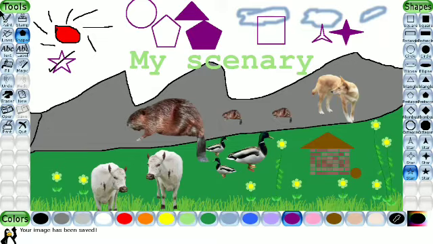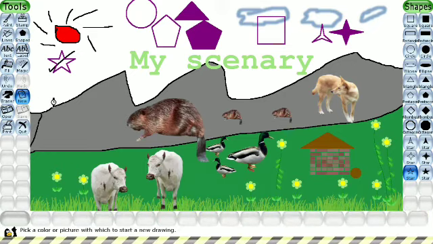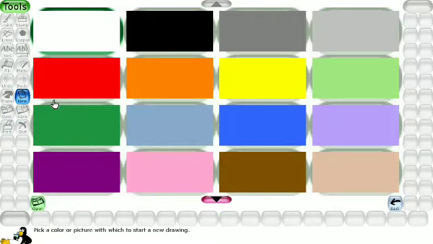Okay, after that, if you want to open a new file, just click on the New button on the toolbox. Now you will get a dialog box. From here, you can select the background color. What is the background color you want for your canvas? So now I am selecting white color. Select the white color, then click the Open button. At the bottom, you can see the Open button. Okay, just click the Open button.